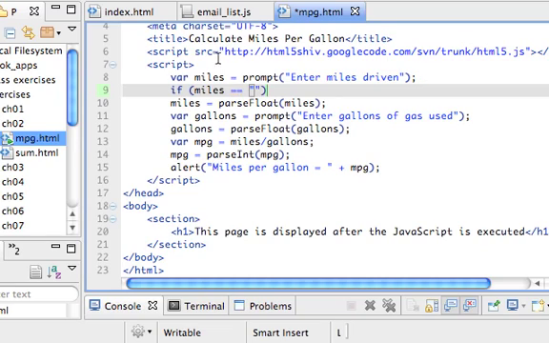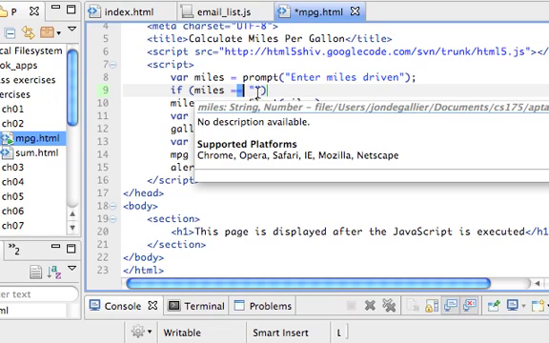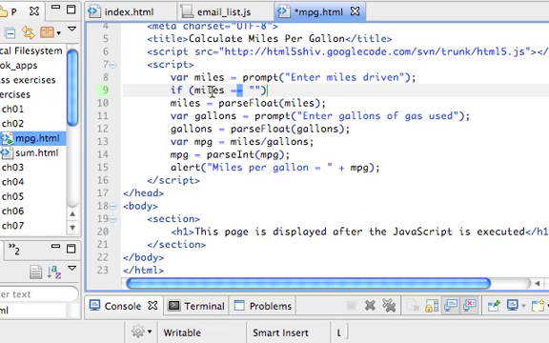So if miles equal, and be sure you have these two equal signs. If it's only one equal sign, you will place a blank string into miles, and that's not what we want to do. We want to ask, is miles actually equal to blank? And that's how we do it. Two equal signs. And then we add an or statement, because either one needs to cancel the operation. So we're going to use the vertical bar, two of them, which are called pipes in programming. Or is miles a number? And we have a function to help us with that, which is called isNaN, with these types of uppercase and lowercase. And this function, of course, requires a parameter, and the parameter is going to be the name of miles,